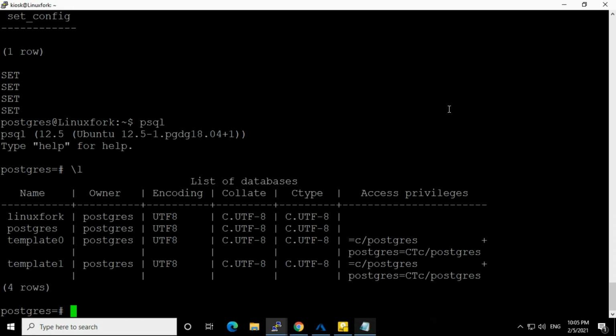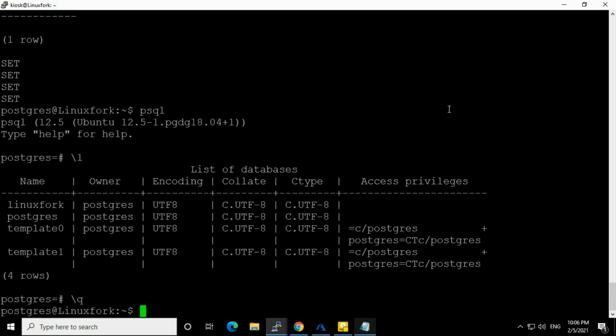So here we saw how we can take the backup of Postgres database using the pg_dumpall command, and how we can restore the database using the psql utility. We have seen these two things in this video.